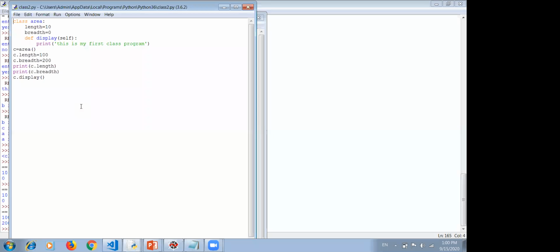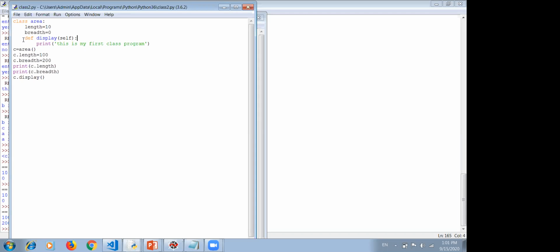Now, in this program, one more step has been covered. Now, two things are there. One is these attributes, which were in the previous program also. This thing is new. This is a method of the class. So it's like a function. The function in a class we call a method.